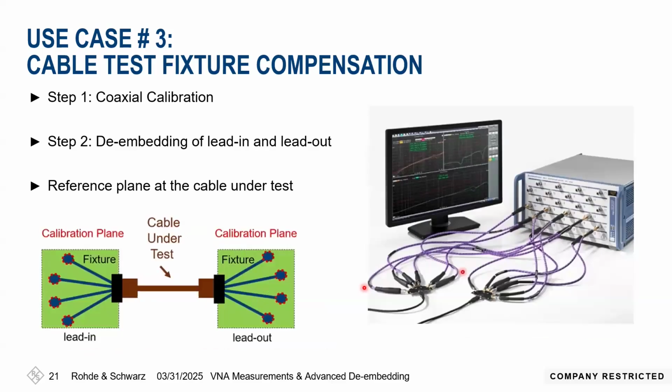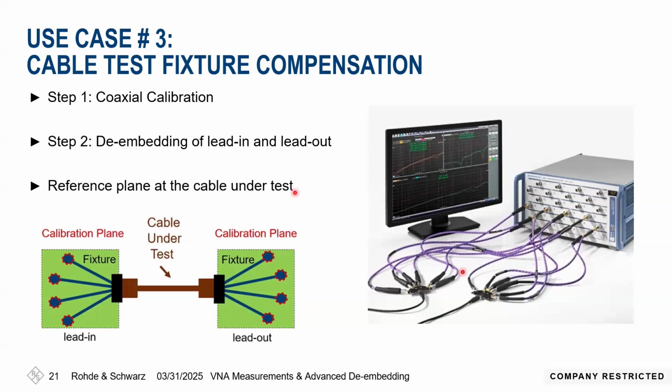Another possible case would be the cable test. So we have, for example, over here, this is the USB Type-C cable test fixture. So this is our cable. The area of interest is over here, but we cannot connect this USB Type-C directly to the VNA. So there is a fixture with the coaxial connectors. So basically, we have to de-embed this fixture at the input and the output. And this could be done with